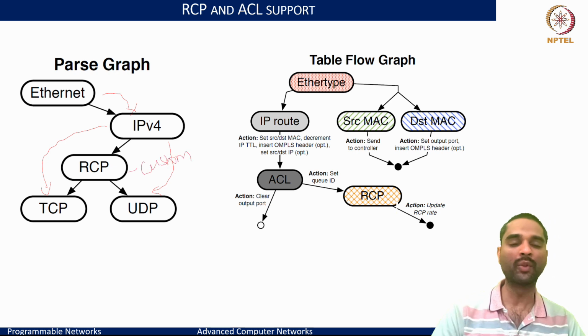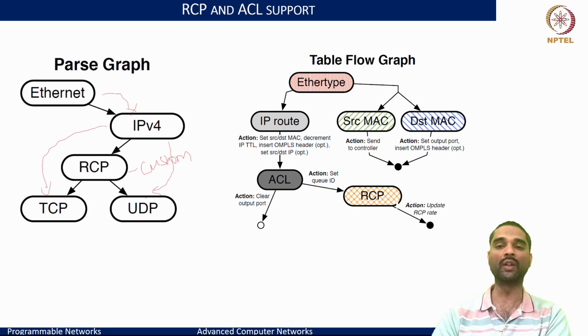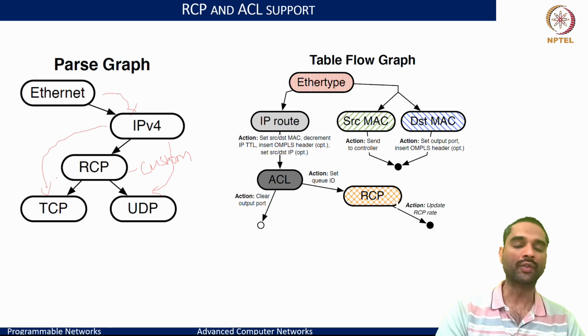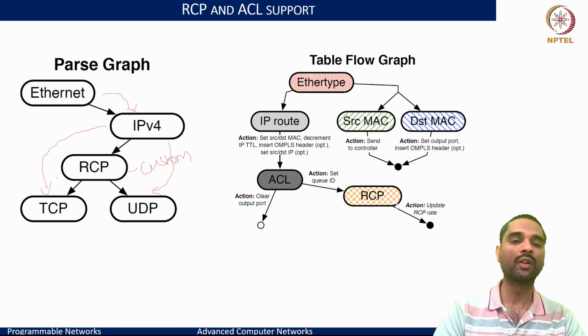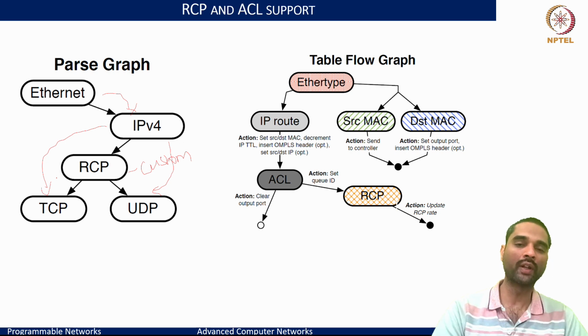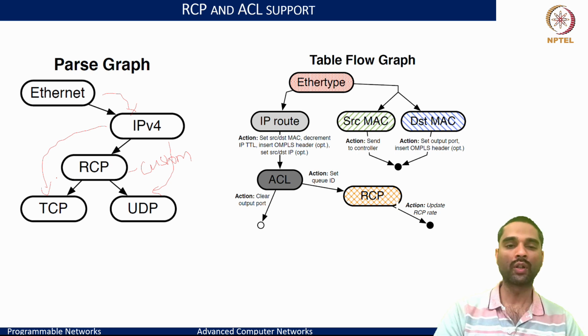RCP that is interspersed between IPv4 and TCP or UDP. Then we would be able to do that with this kind of parse graph which says Ethernet, IPv4, RCP, and then it could be either of TCP and UDP. And this is how we can now get the benefit and flexibility to match on custom headers, which need not necessarily be the standardized headers, like RCP here, which corresponds to the rate control protocol, and here it is interspersed between the layer 3 and layer 4 header, and we would be able to parse and process them with much more ease by specifying our parse